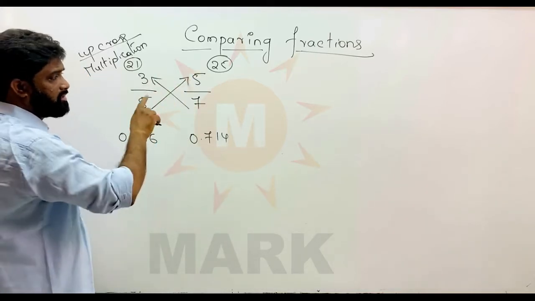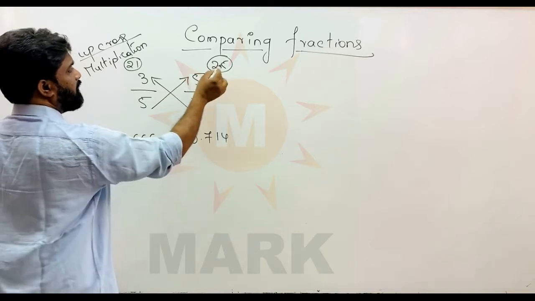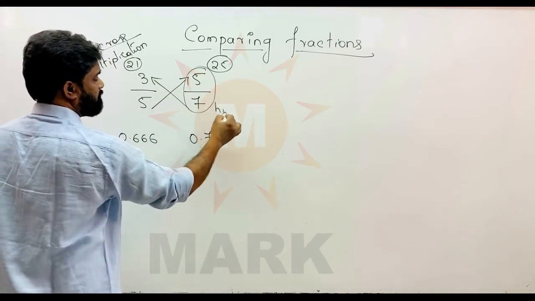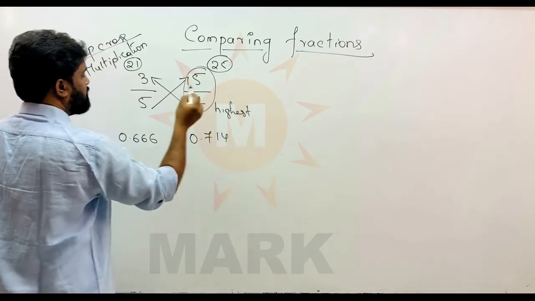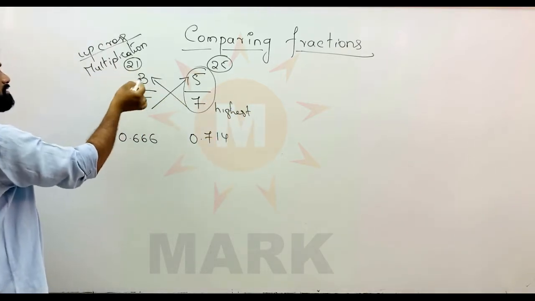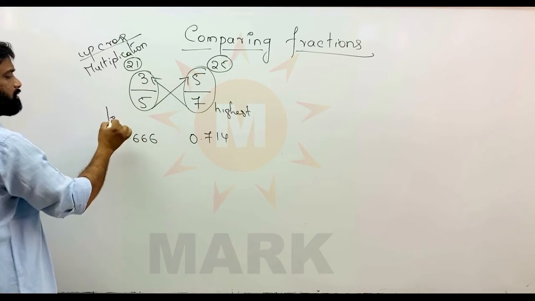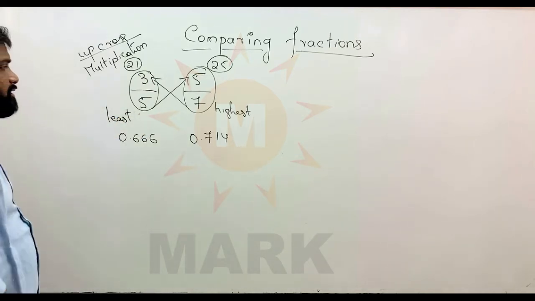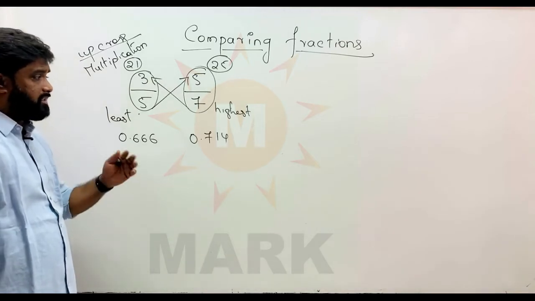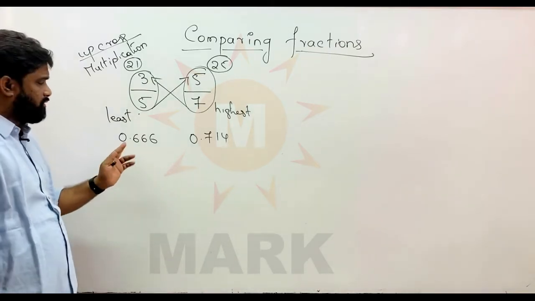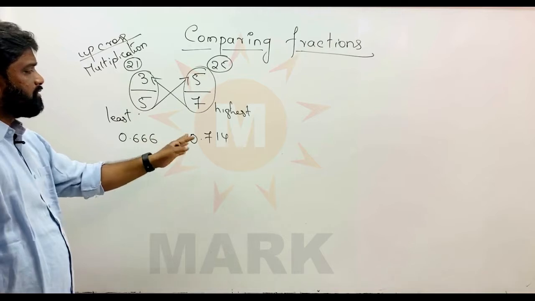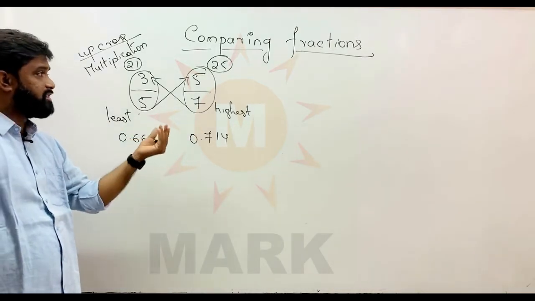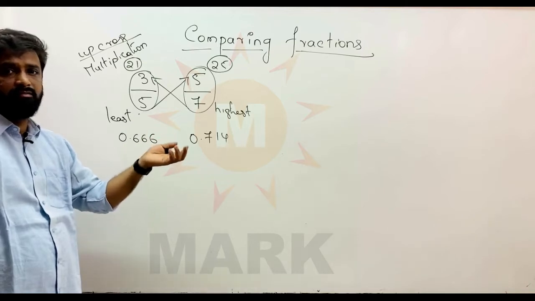Suppose they are asking what is the highest fraction, immediately you can say 25 is coming here, that is why 5 by 7 is highest. If they are asking what is the least number, 21 is the least, so it corresponds to 3 by 5, so it comes as least. Actually this is a very simple calculation. If you enter the values in the calculator also, you will get the same thing. But in the exams, how they are asking this question, this is a very simple thing. Nobody will ask these kind of easy numbers in the exam.